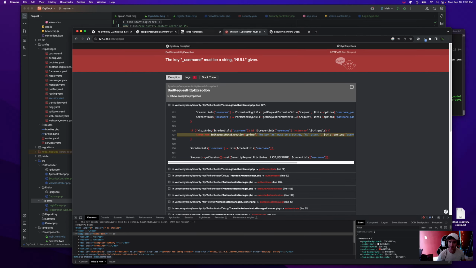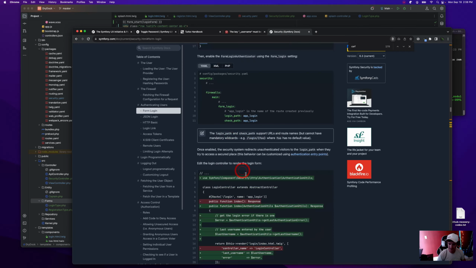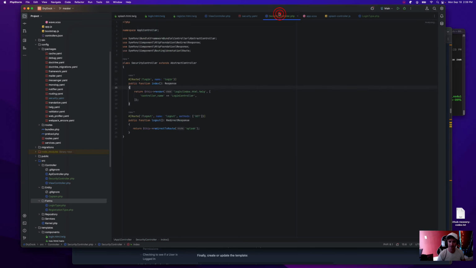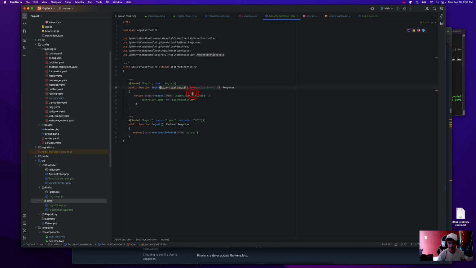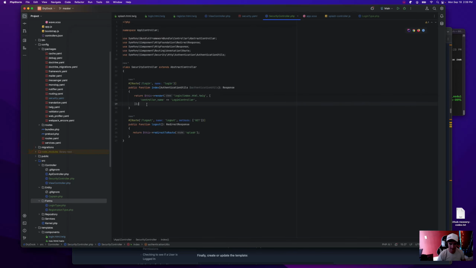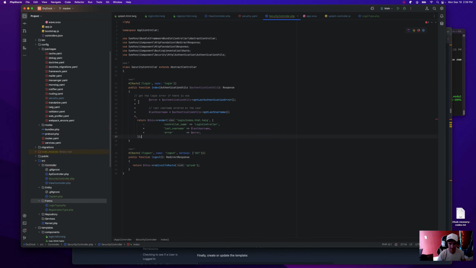Not happy. That's okay. Let's just finish this up. We have to finish writing our login function, and then we can worry about why that's so unhappy. Autowiring, import that class, and here we go. Get rid of all these. Cool.